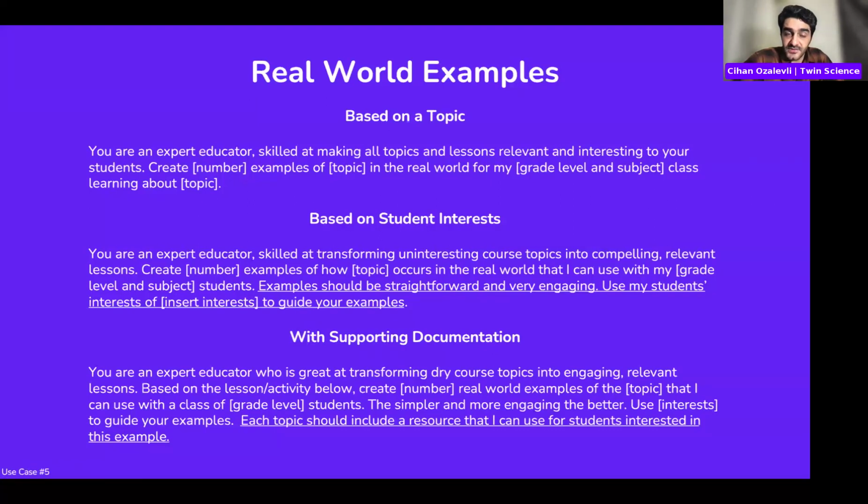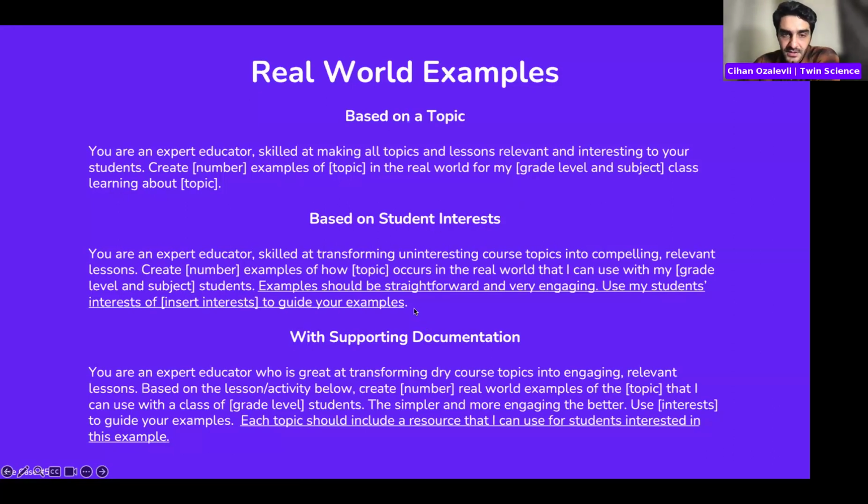You are an expert educator, skilled at making all topics and lessons relevant and interesting to your students. Create X number of examples of why in the real world for grade specified and with class learning about this specification. So inside of brackets, you can write topic, number, topic, and grade level and subject.